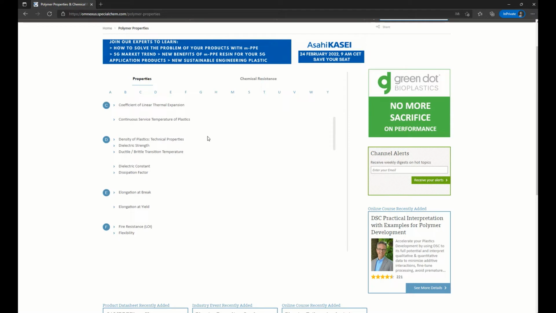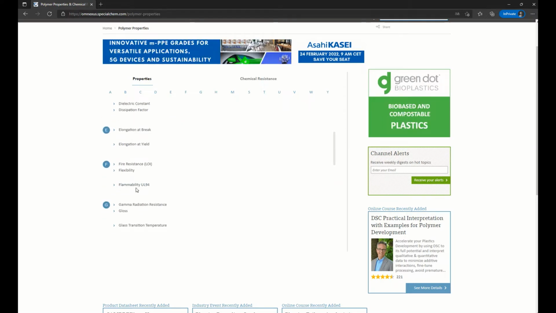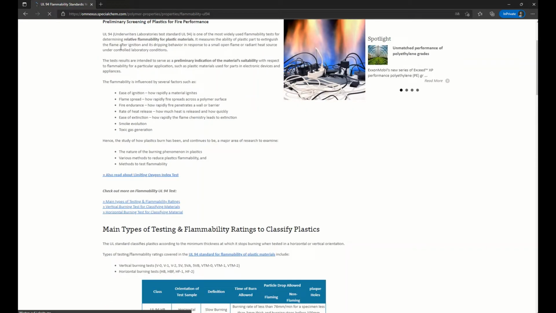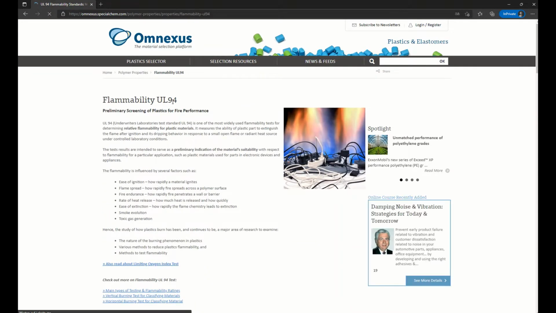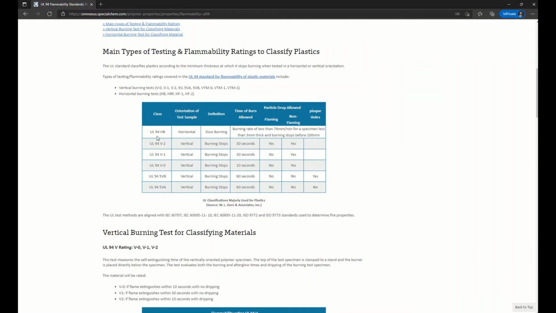And for example, you can see elongation, break, flammability, and we click on it now. You can see first here explanation of the UL94 and the testing types. So what does the UL94HB mean, and what is a V0, and what is a 5VB,